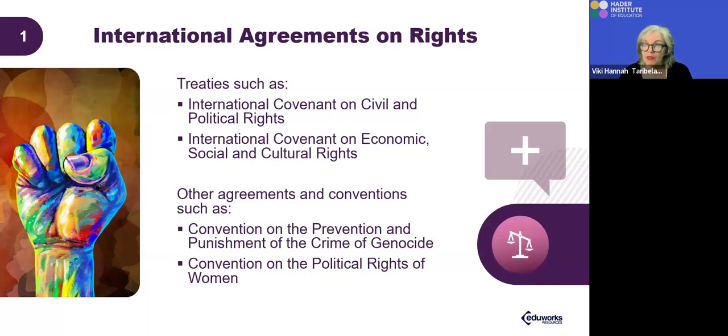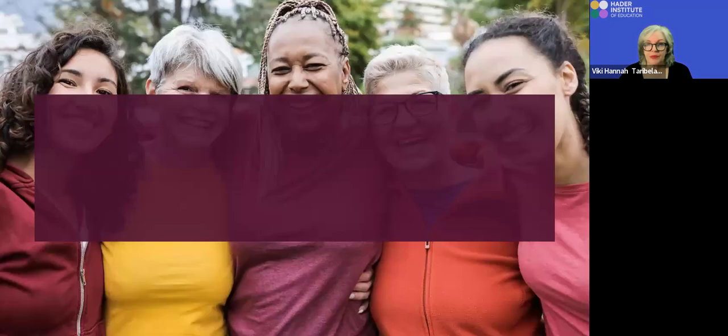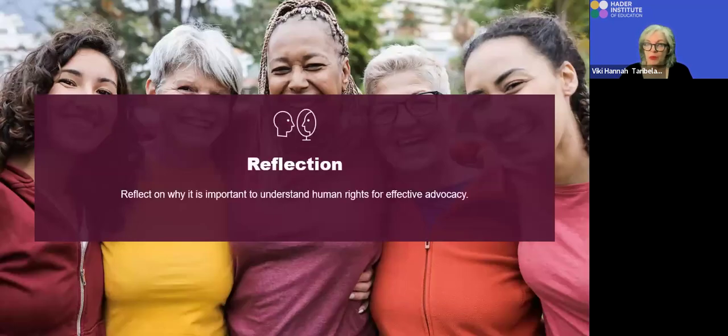So the International Covenant on Civil and Political Rights, Economic, Social and Cultural Rights, the Convention on the Prevention and Punishment of the Crime of Genocide, and there are agreements we have reached as a country, and the Convention on the Political Rights of Women. They are the international agreement rights that Australia is signatory to. Therefore, we place those rights around our common law as well, and then we have our legislated statutes.